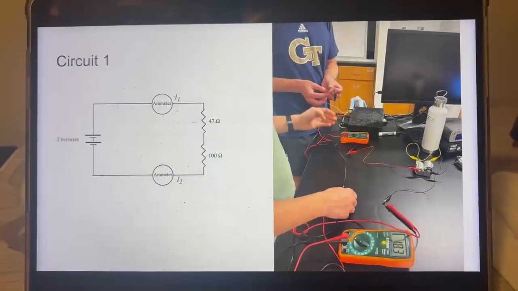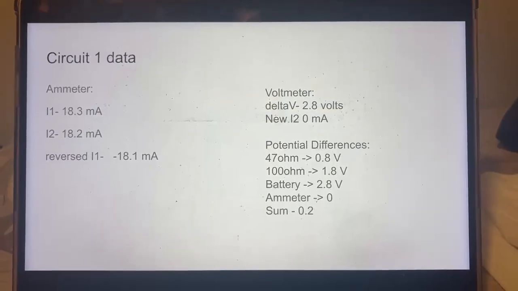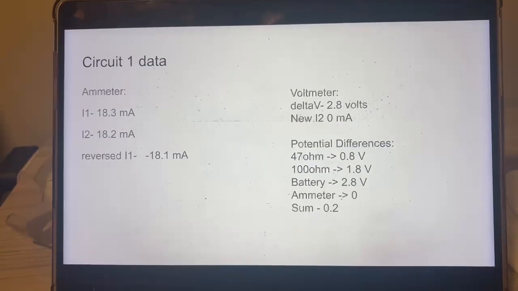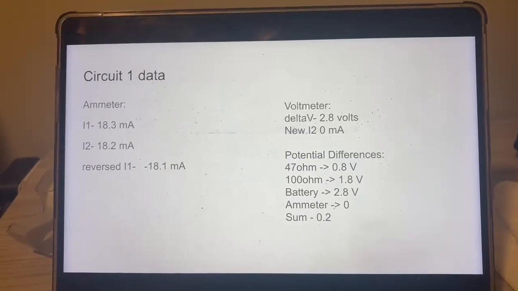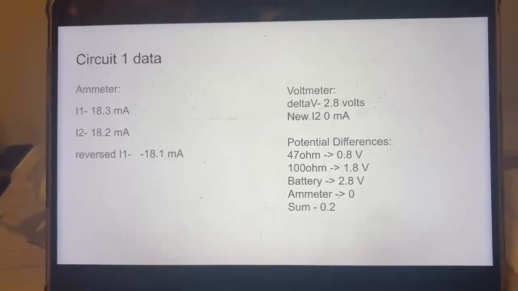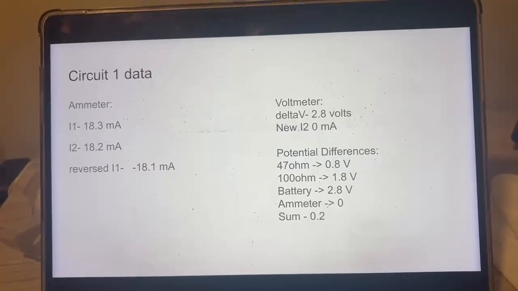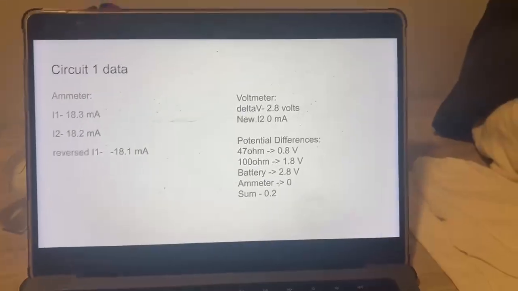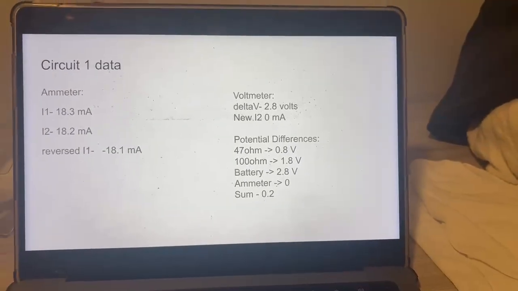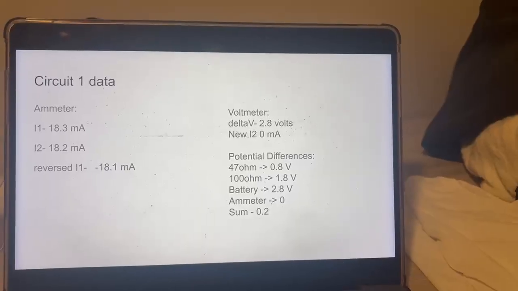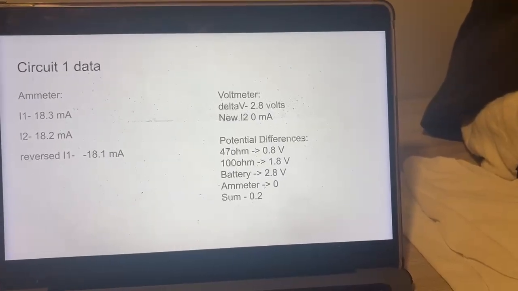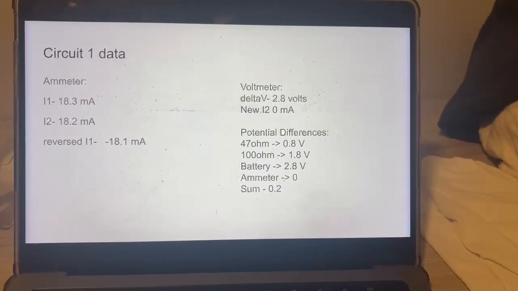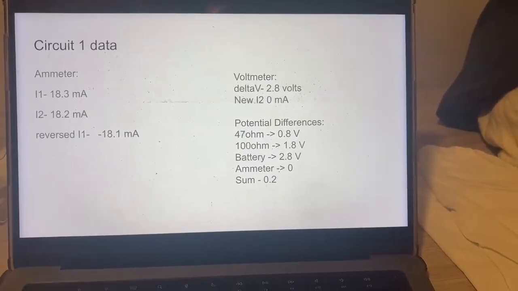And so for our data for this part, for the ammeter part, I1 is 18.3 milliamps. I2, I'm just going to say mA from here on out, I2 is 18.2 mA. And then when we reversed I1, we got negative 18.1 mA, which is interesting that it wasn't identical. But anyhow, when we looked at the voltmeter, the delta V was 2.8 volts, and the new I2 was 0 mA, because if you go back